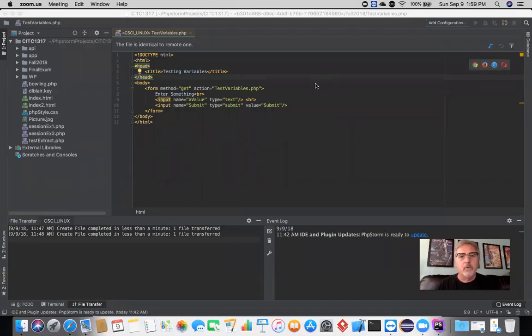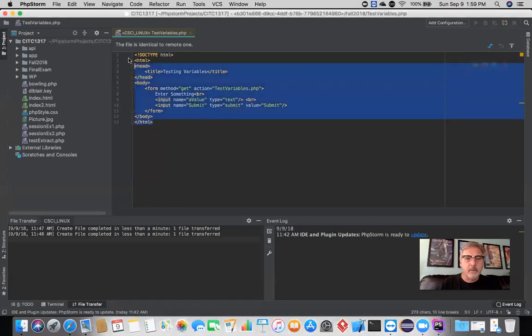Okay, so what we're going to talk about today is testing variables, or beginning to test variables anyway. We're going to look at three functions that you'll use quite a bit in this course. isset is one of them, as well as empty, and then there's another one, is_numeric. So we'll take a look at those three, and to do so, we're going to start with a very basic